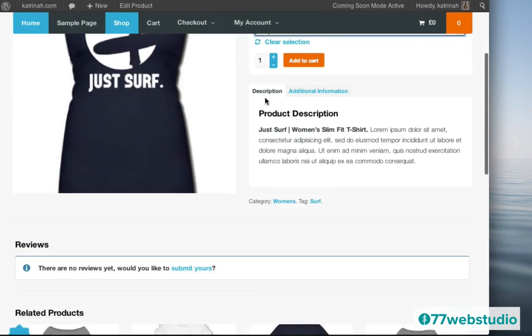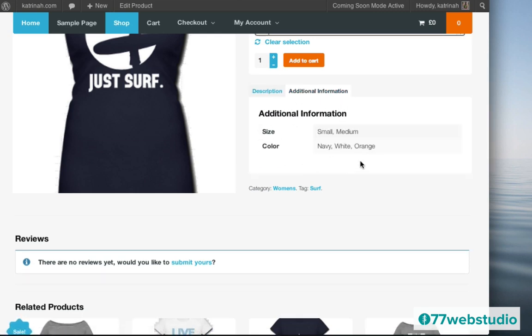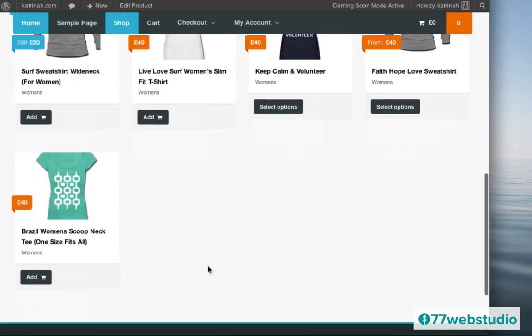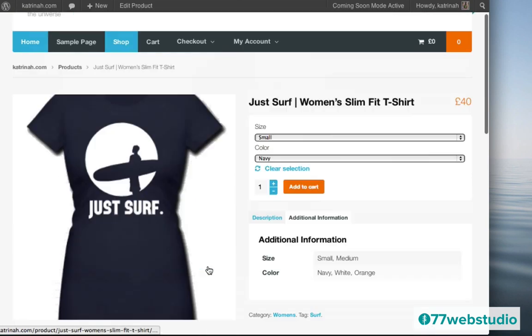And then here is the product description and the additional information related to this product. Then when we scroll down, now notice that because I've added all the products to the site, now we're seeing a bunch of related products down below. Keeping in mind that if there's a sale item, it will have this kind of flashing sale sign here that gets larger and smaller right here on the left-hand corner. So that's pretty cool. So it looks like we're good to go on products.